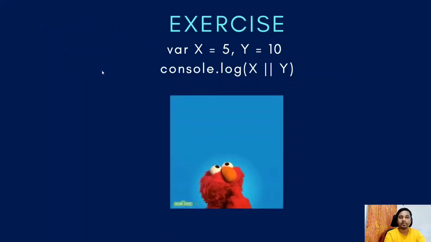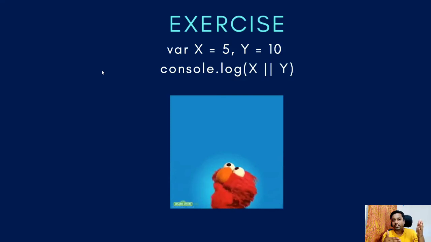Let's go back to our same previous example. What do you think this answer would be now? Pause, think over it and let me know the answer in your comments. As I said, these are not conditions. These are just numbers, or just straightforward statements, so it will just execute any one of them. Similar to AND, it will always evaluate the first and then jump on to the second. So it evaluates the first, it automatically gets true, and it will just return it as it is.